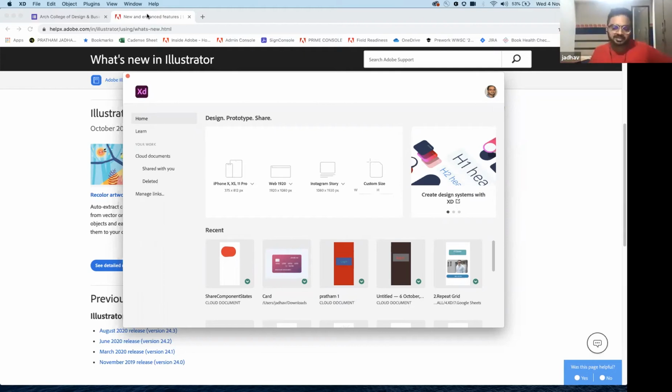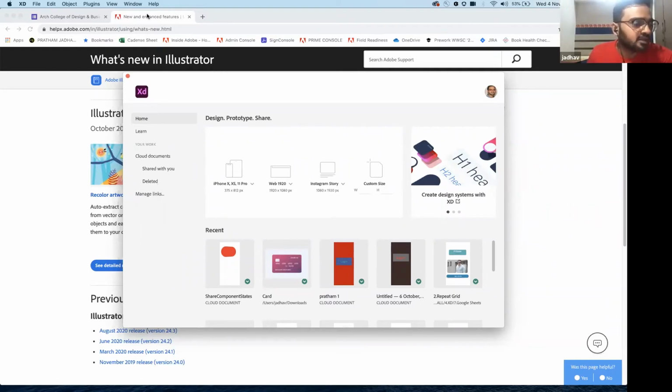So first the designs are created within an application. Then using those designs, they create prototypes. Means if you click on some button, what will happen? If you click on that button, what will happen? So that is a prototype. Once the prototype is done, they share that prototype with the developers so that the developers can actually create a working model of your design.